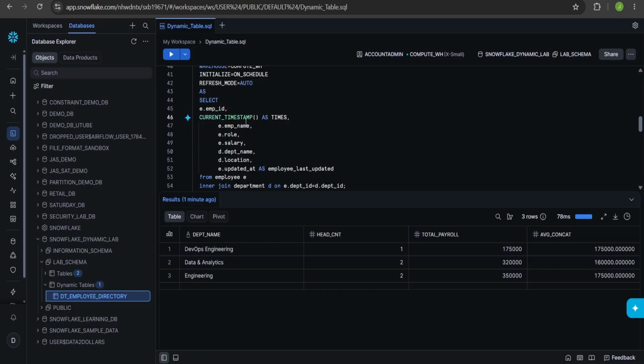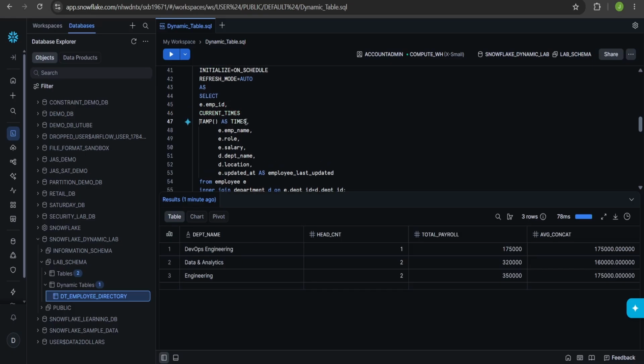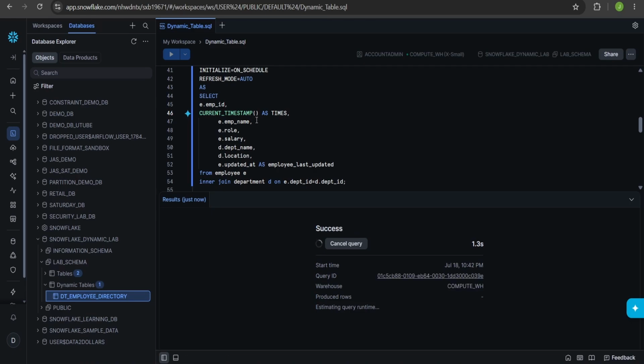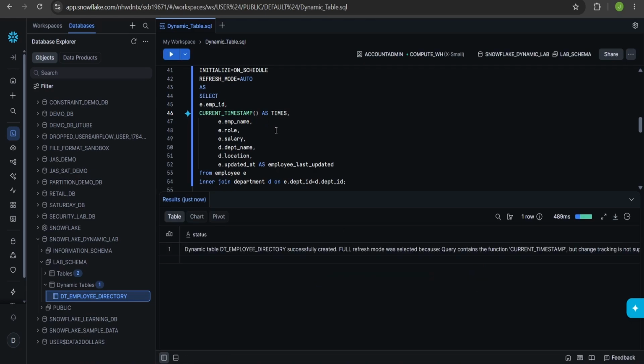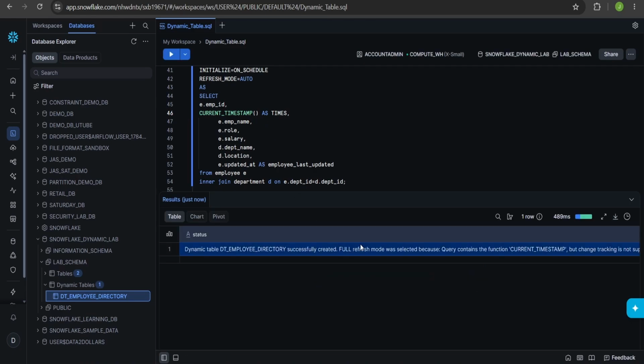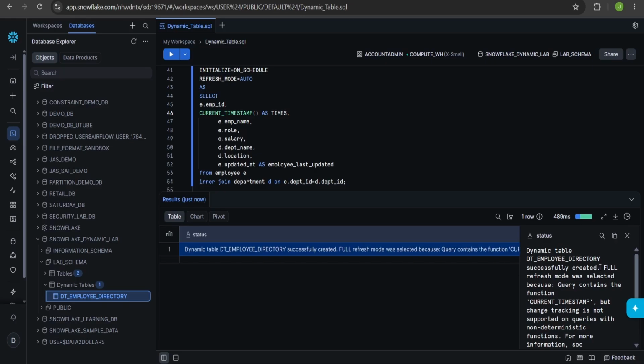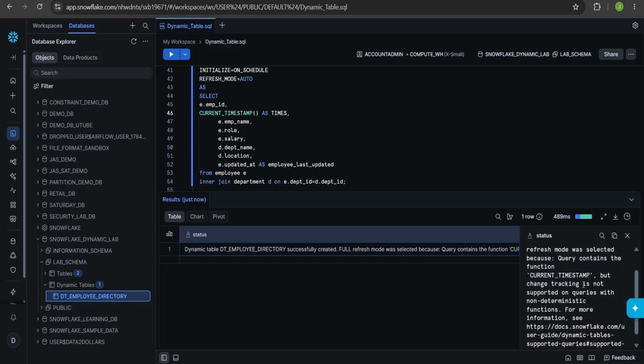So if you mention these kinds of functions, this will make your dynamic table very unoptimized. It will run, but it will make it very unoptimized because see here, it is saying full refresh mode was selected. Why? Because query contains the function current timestamp, but tracking changes is not supported on queries with non-deterministic functions.